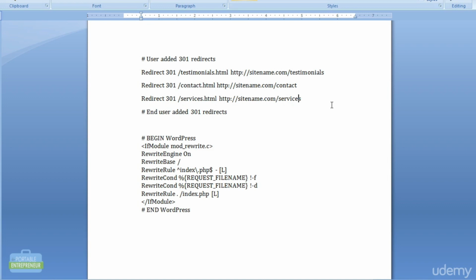Now, there's also a plugin called Yoast that is very popular, and it will actually allow you to edit your .htaccess file directly from the plugin in WordPress. I still think doing it via FTP is better because you're going to be able to create a backup. So like I said, if anything goes wrong, you still have that copy. So as you can see, you have a few options for doing a 301 redirect. It's really not that hard to do. It's really not that scary. And depending on your level of experience and your level of comfort, you can pick the option that works best for you and your